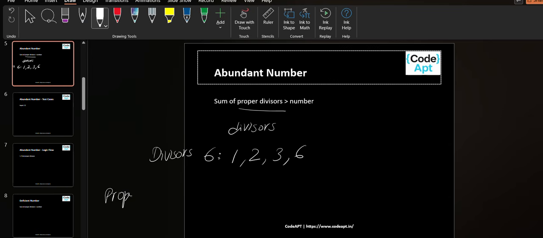If I write proper divisors of 6, then 1, 2, 3. The number itself is not included in proper divisors. So we need to take the divisors of a given entered number and add all the divisors, and if the addition of divisors is greater than the entered number, then print abundant number.